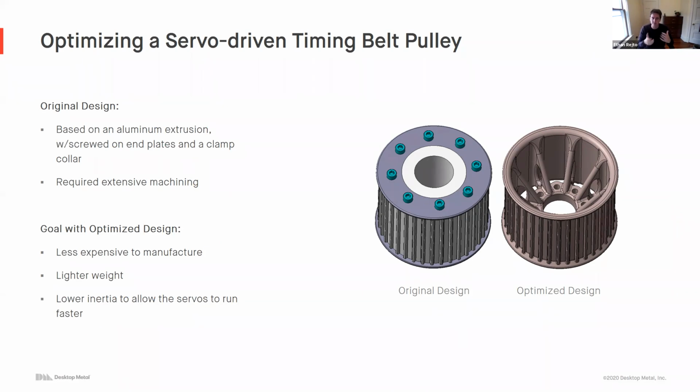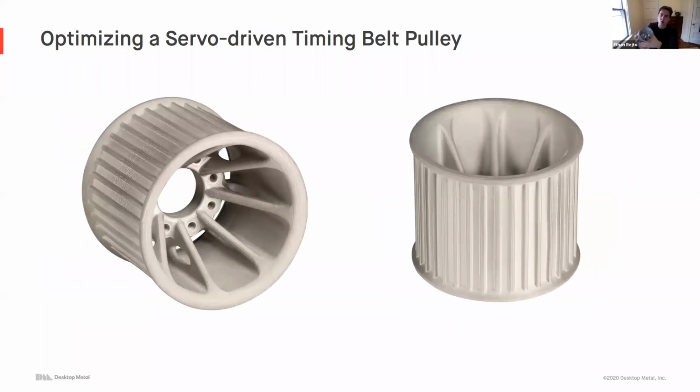And they really wanted to optimize this part, make it less expensive to manufacture because they needed more of them. They wanted to lighten the weight, and then they also wanted to lower the inertia to allow this part to actually run faster. And you can see that optimized design on the screen there. You're going to see that they were able to consolidate the entire assembly into just one component. Of course, this is where you would mount this part onto the servo motor. So what used to be a multi-part assembly featuring screws and clamp collars and things like that can now be just consolidated down into one part by itself. So just a great example of another manufacturing environment component printed on the studio system for one of our customers,